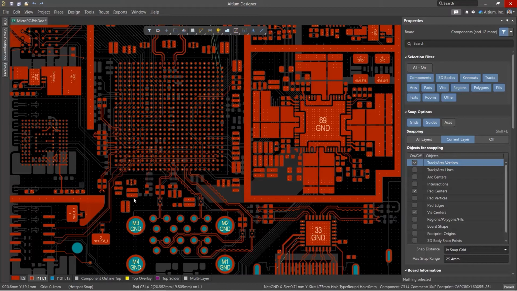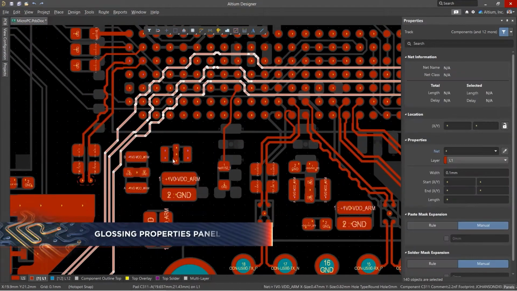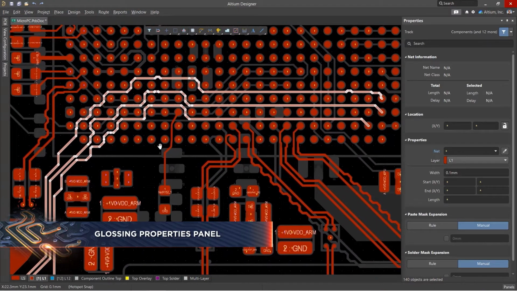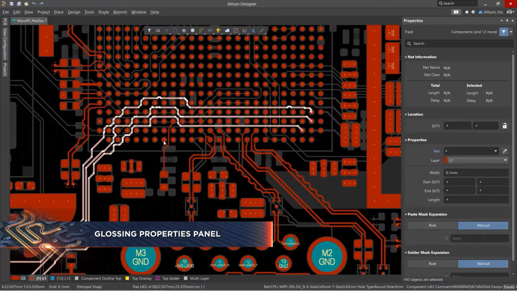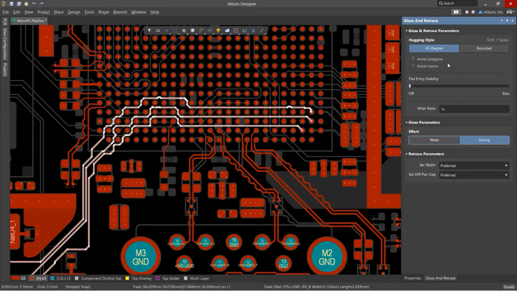When rapidly routing your PCBs, it's not always possible to get neat conductors with a minimum number of kinks and corners. To help with this, the glossing and retrace commands allow you to gloss your conductors and adjust their width to meet your design rules. In Altium Designer, you have more control than ever over the process of smoothing tracks with the new gloss and